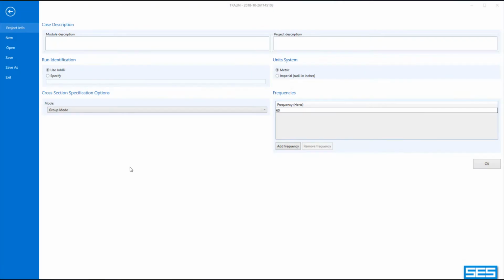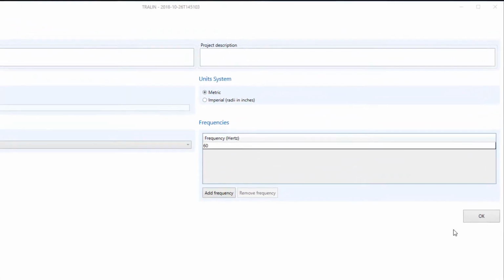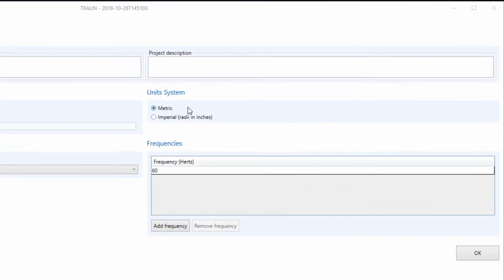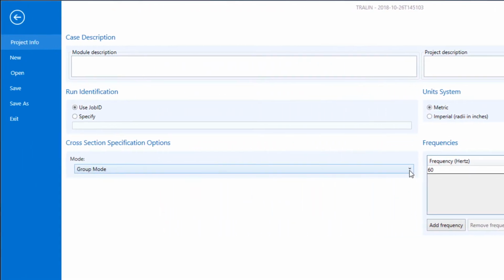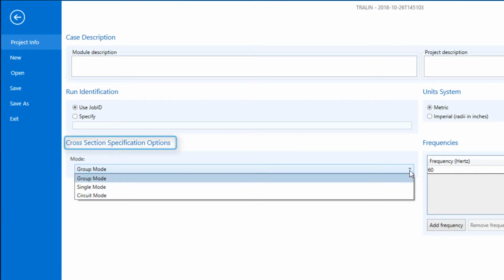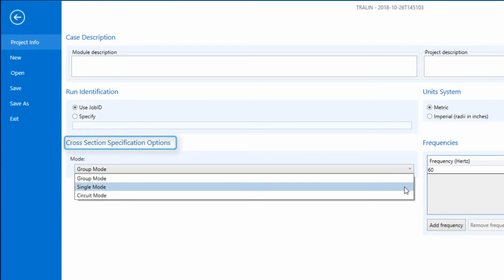So in a moment, we will simply click on the OK button without modifying any of the fields in the backstage. But before clicking that OK button, we'll quickly call attention to a few of the fields here. For example, the unit system, which can be set at metric or imperial, and here we'll keep it at the default setting of metric. The frequency setting, and we'll keep that at the default value of 60 Hz. And lastly, we have cross-section specification options, where you can select one of three specification modes: group mode, single mode,